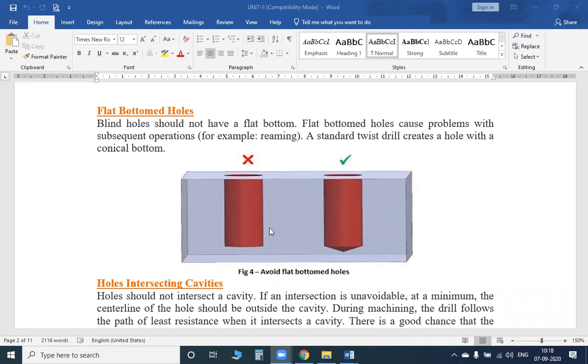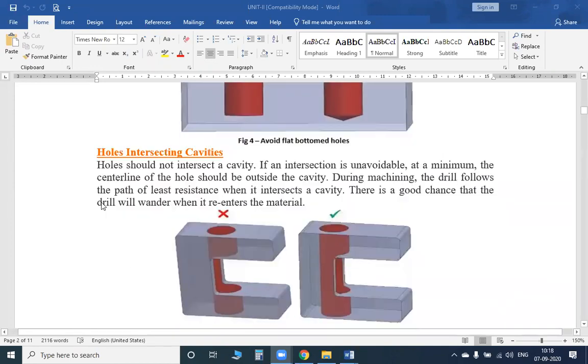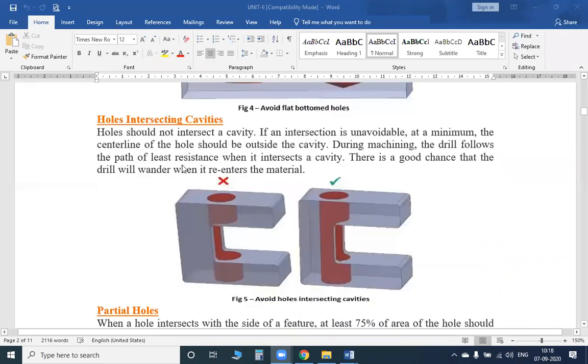Because see, if in your company there are 5 machines, 2 persons working in a wrong manner and 3 persons working in a correct manner, when you observe the 5 persons, you have to accept only what is correct, and we must not encourage what is wrong. So we explain that it is in a wrong manner so that he can modify the workpiece in further circumstances. Clear? So take the next one, holes intersecting cavities.